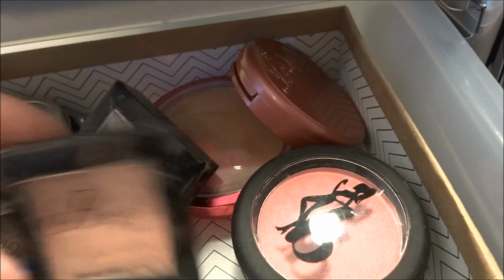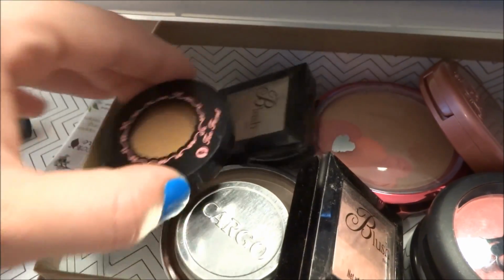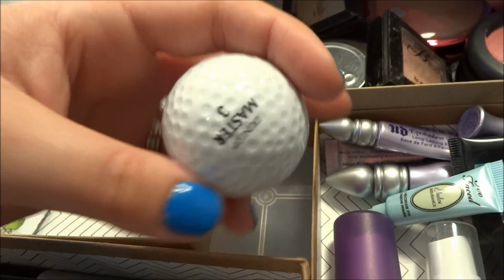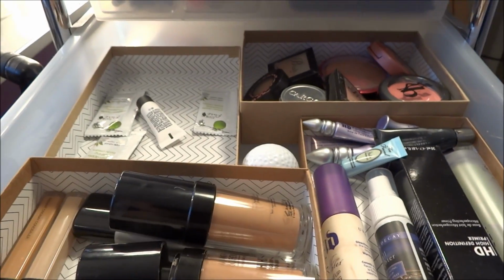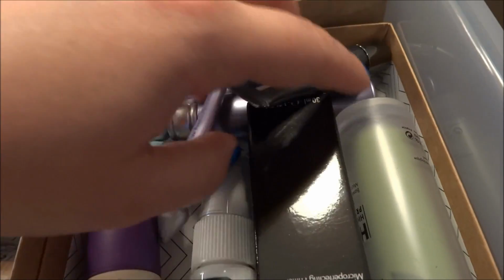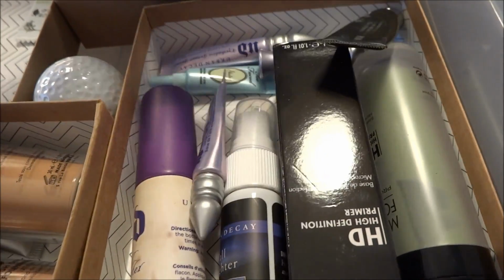Physicians Formula, some random other ones, a Bedhead one, a Cargo blush, and then my Too Faced Chocolate Soleil bronzer. This golf ball is the golf ball that my husband used to hit a hole-in-one, and he's been saving it forever, so he asked me to keep it for him so that he doesn't lose it, so I'm putting it in here. Then here we have a bunch of little eyeshadow primers, and then I also have the full-size Urban